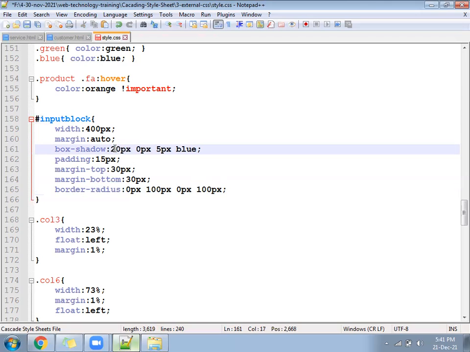So this will reflect from where? Left. It will push your shadow from left to right. And from top also give somewhere 10. So from the left side the shadow will push towards the right, and from the top the shadow will push towards the bottom. So the bottom right corner will feel like it has the shadow.